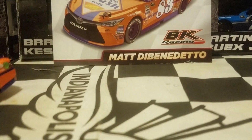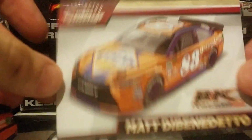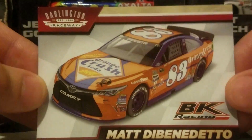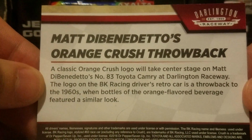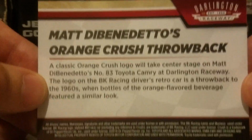But before we do that, we're going to look at the little card that comes with it, because you guys know I love the little cards that NASCAR Authentics gives to us. It just gives us something to look at to collect with the diecast. There's your usual diecast render. It looks really cool, but of course the diecast is a lot more important. And you can see right there, it's mostly a throwback to the 1960s Orange Crush bottle